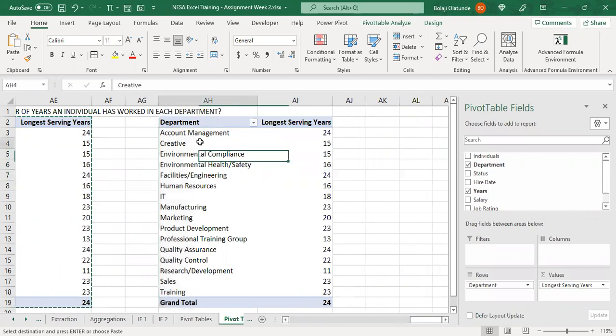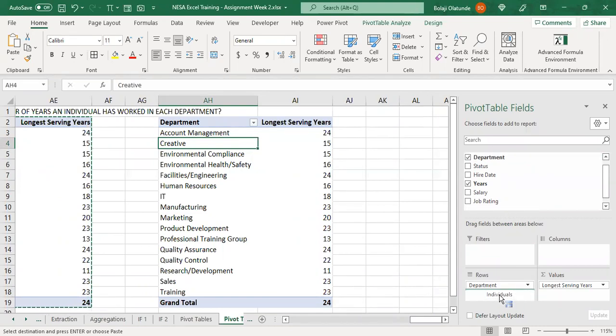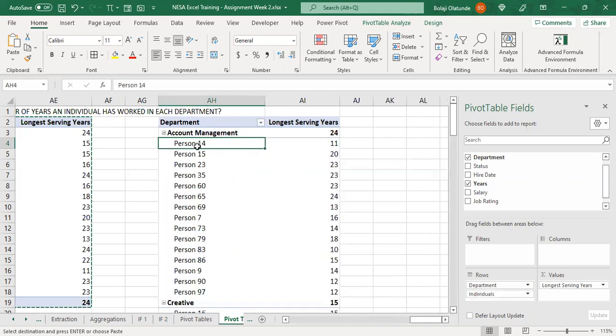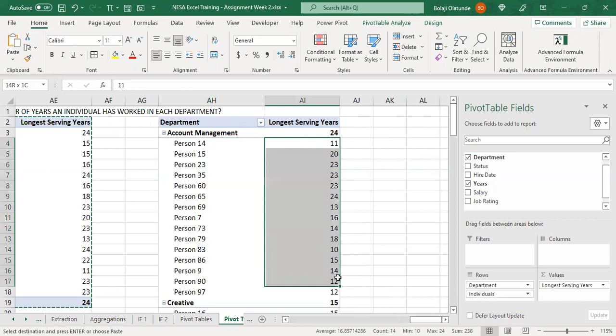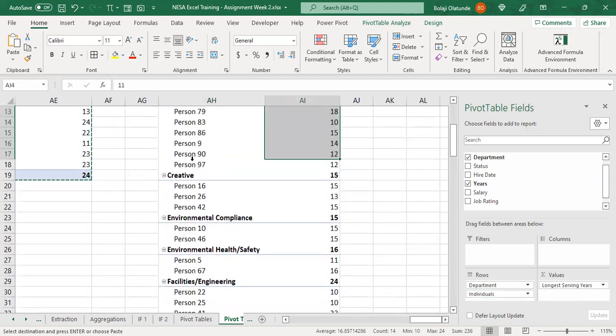So apart from just having only one row in your pivot table, you can have multiple rows. As I have the department now on the row, I can bring in my individuals also as another level in the rows. What happens is Excel now creates a group. So we have account management, and then each of the persons in account management, and the number of years that they have worked. If you scroll down, see creative, we have number of people, environmental science, and not obviously environmental science, environmental compliance,